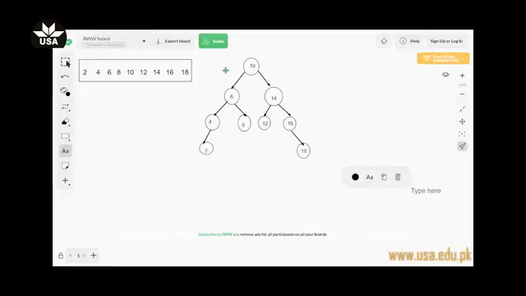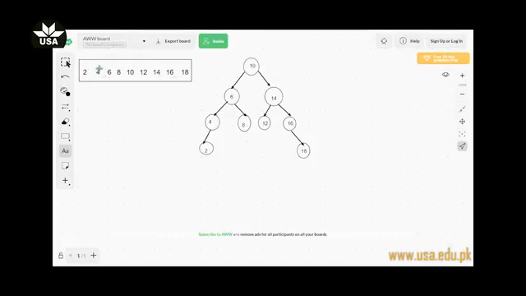Alright, let's observe this tree. For example, this binary search tree is obtained by constructing a binary search tree with these values, and you can observe this is an approximately complete tree and sort of a balanced tree, as the number of values on the left subtree is equal to the values on the right subtree. So let's discuss the degrading factor of a binary search tree, in which we can end up in a situation which leads towards a linear access time or a linear case.